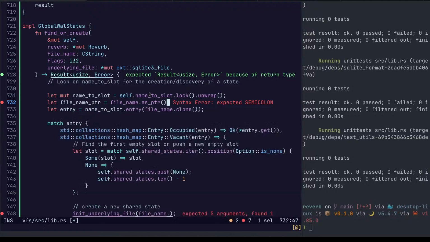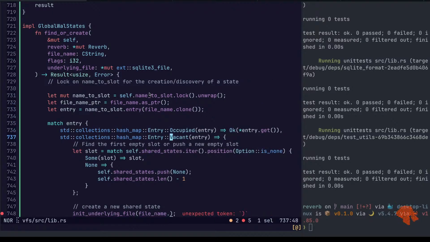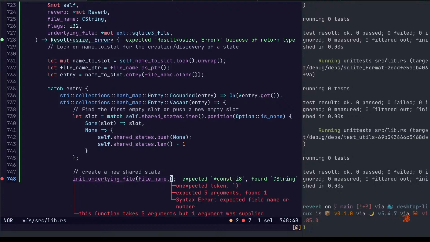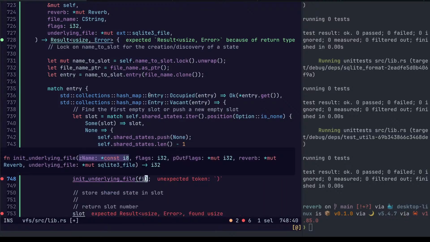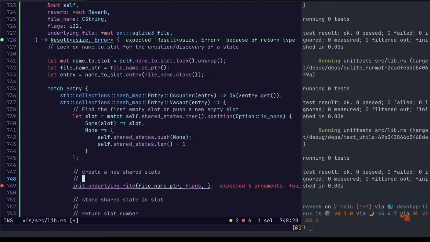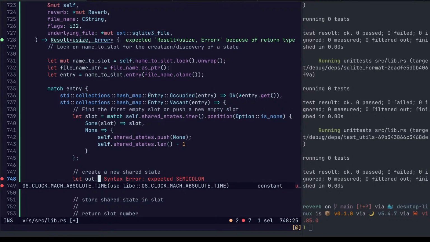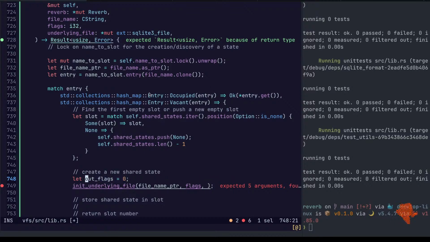Warning. Huh. Doesn't give us a warning. Flags. We pass that through. Out flags. I don't have an out flags. Out flags is equal to, I don't know, what is it? 0. It's mutable.